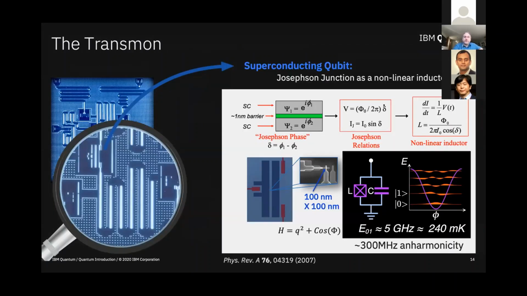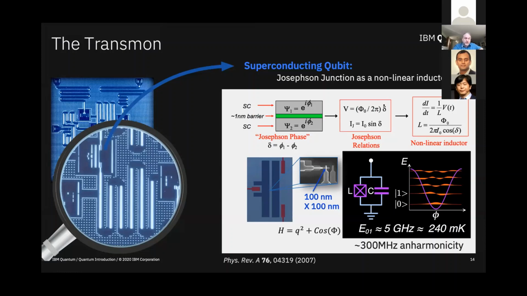This is a superconducting qubit called a Transmon. And what you see here in this picture is 2 niobium metal paddles on top of a silicon chip that form a capacitor. In between those, too small to see here, is a Josephson junction, which is just a superconductor-insulator-superconductor tunnel junction. It turns out in the correct limits that Josephson junction looks like a nonlinear inductor. And so this entire thing makes a nonlinear LC circuit.